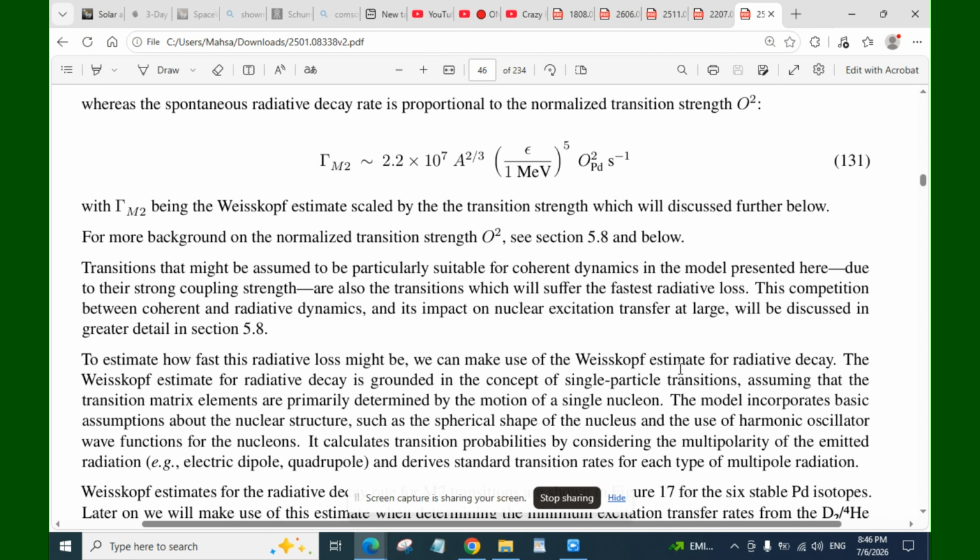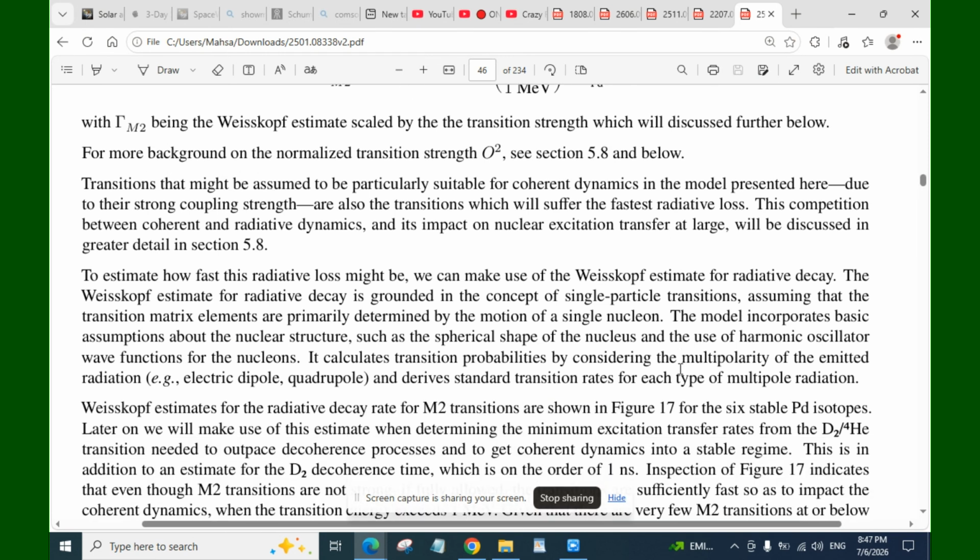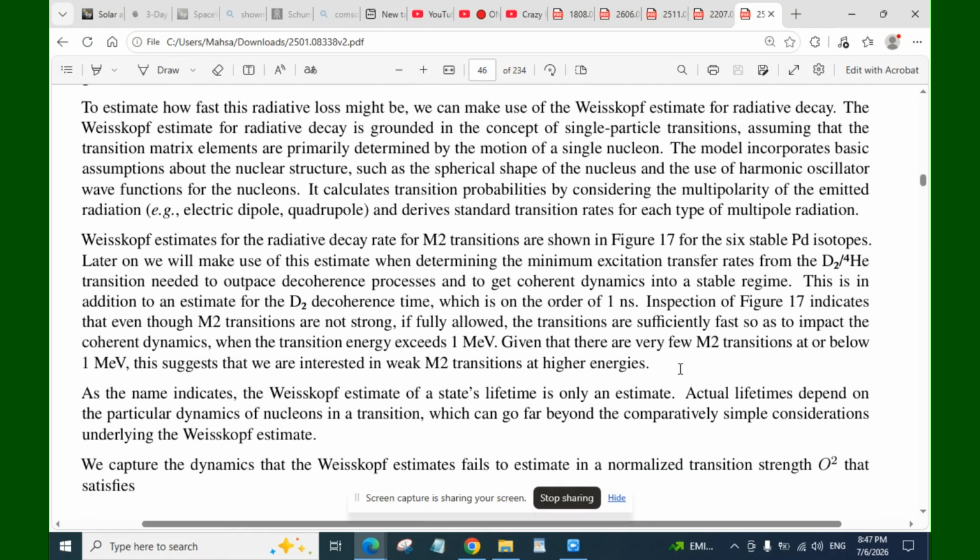Transitions that might be assumed to be particularly suitable for coherent dynamics in the model presented here, due to their strong coupling strength, are also the transitions which will suffer the fastest radiative loss. This competition between coherent and radiative dynamics and its impact on nuclear excitation transfer at large will be discussed in greater detail in sections 5.8. To estimate how fast this